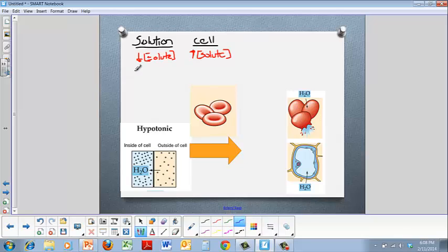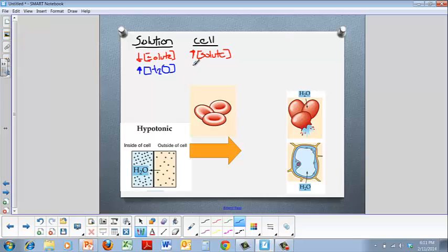So if we have a low solute concentration, then it's always going to be opposite. That tells me that there is a high water concentration in my solution outside of the cell. Well, if that's outside of the cell, then inside the cell I have a high solute concentration, then by default I should have a low water concentration. So now that I've established my water concentration and I know water is going to move,